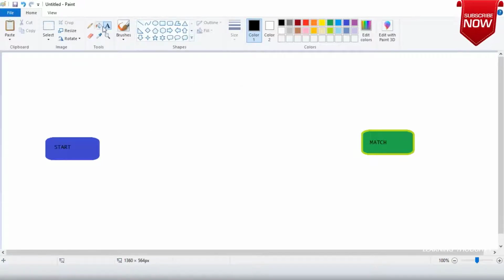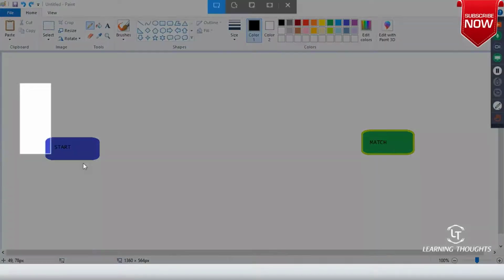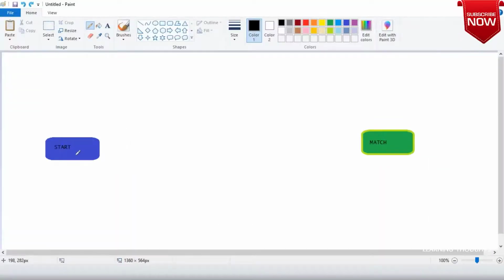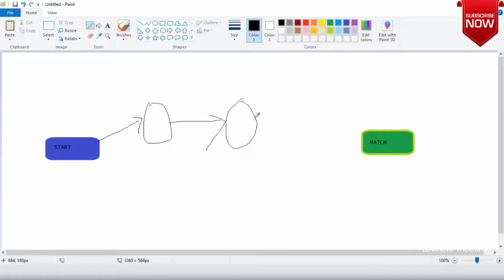From start, one more minute, I will try to take this capture because I need this. From start we will go over here and then there will be one state over here, and then the last.